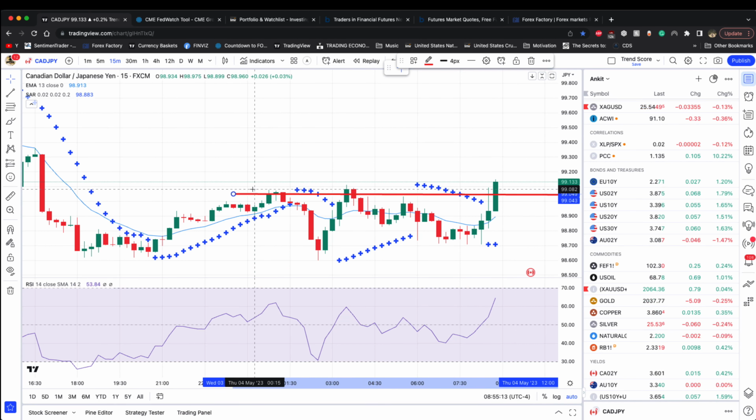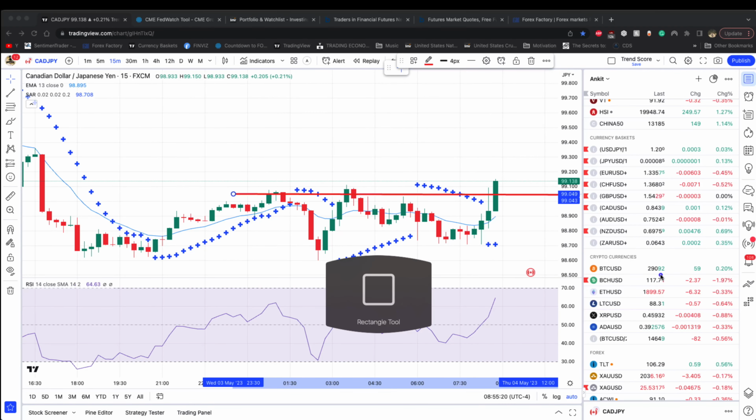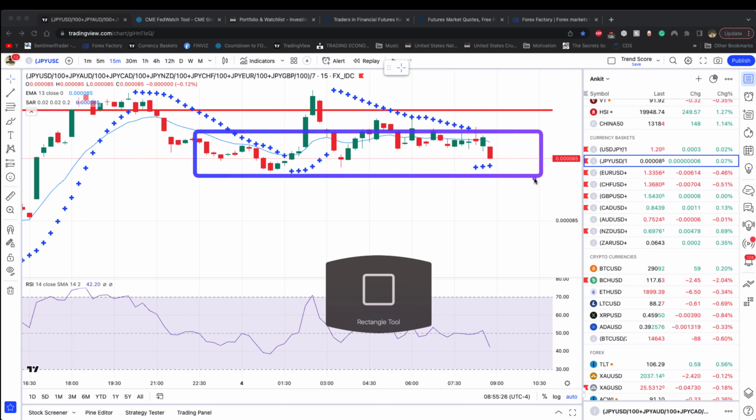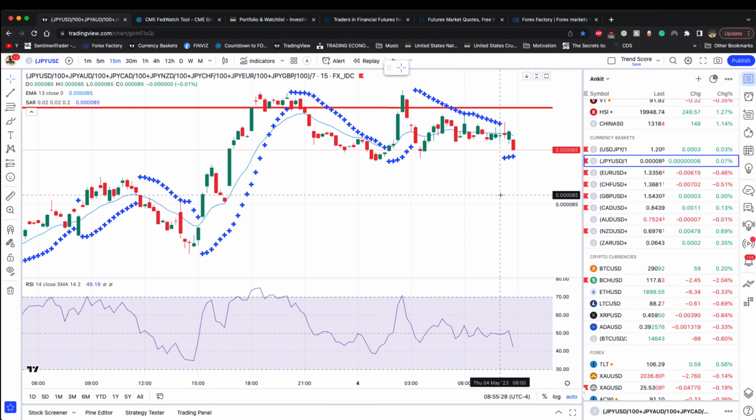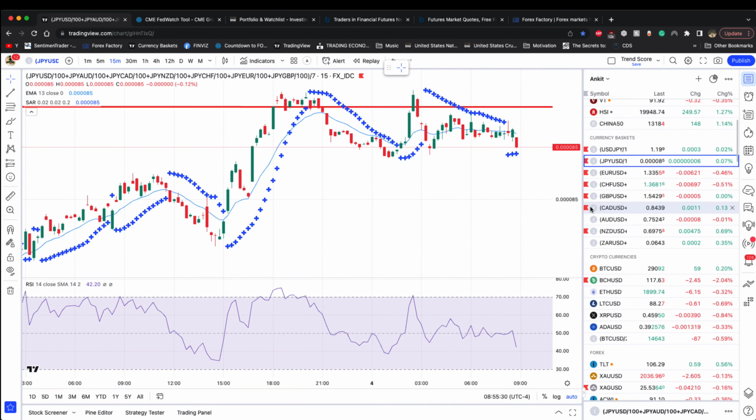So I'm just going to go get long here at about 99 at these current levels. It doesn't matter. But this is where the velocity is. If it goes, it's great. If it doesn't, we'll just move on to the next one. But this is the one that, as far as the velocity goes, this is what I see moving.